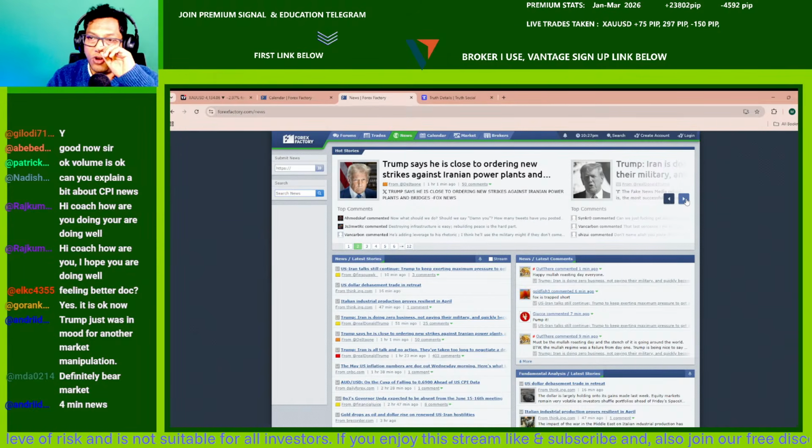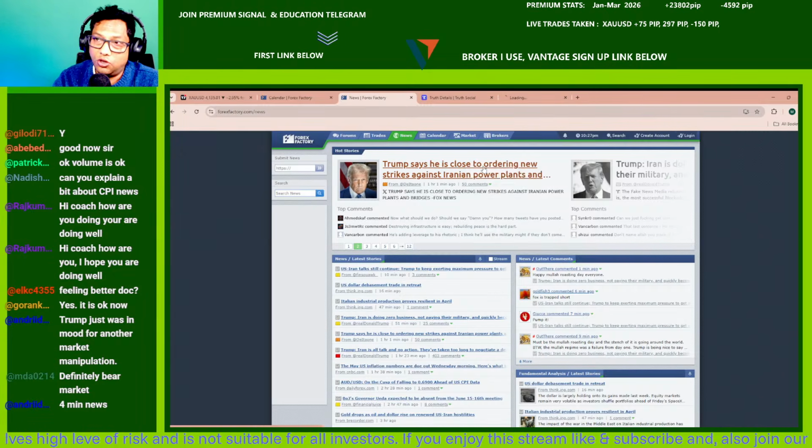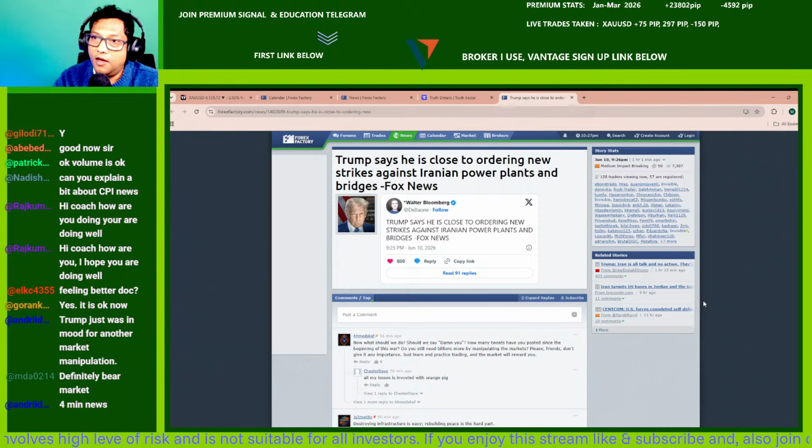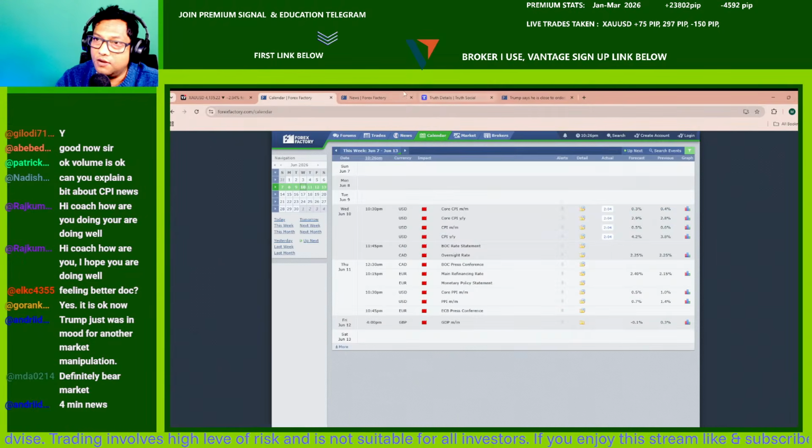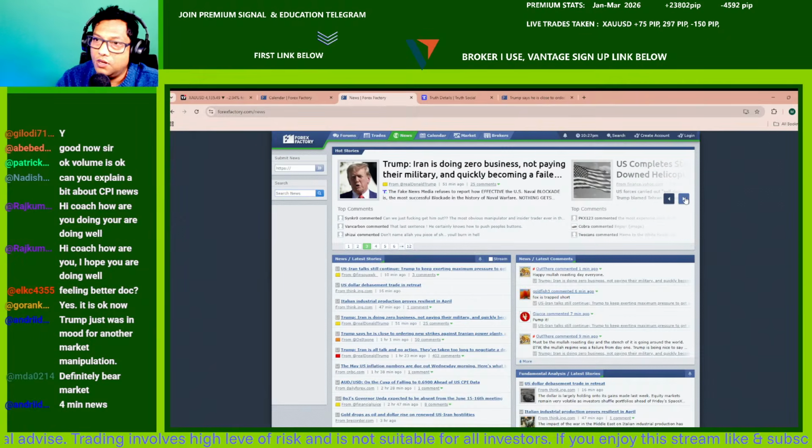That's what Trump said: he's close to ordering new strikes against Iran. I think it's from one hour earlier, which is also the recent news. I think it's based on the Truth Social post, strikes against the Iran power plant and bridges. Close to ordering new strikes. Okay, and if we look at that here, overall,